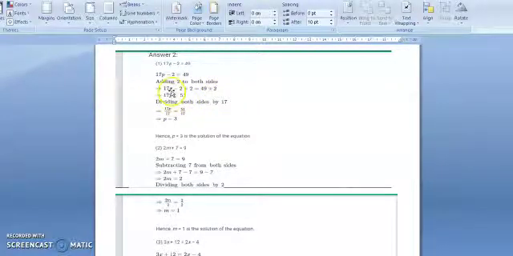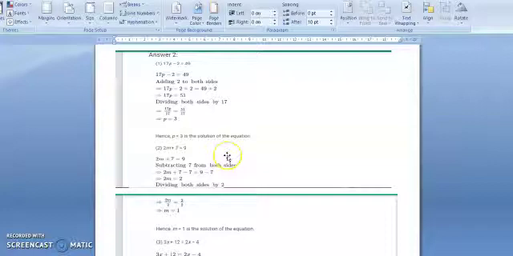Okay. Now we have to eliminate this 17. How to eliminate? The opposite operation of multiplication is division. So 17p equals 51. For eliminating this 17, we will divide both sides by 17. So 17p upon 17 equals 51 upon 17. This 17 will get cancelled. On the left hand side you will get only p. P equals, 17 ones are 17, 17 threes are 51. So p equals 3. P equals 3 is the solution of the equation.